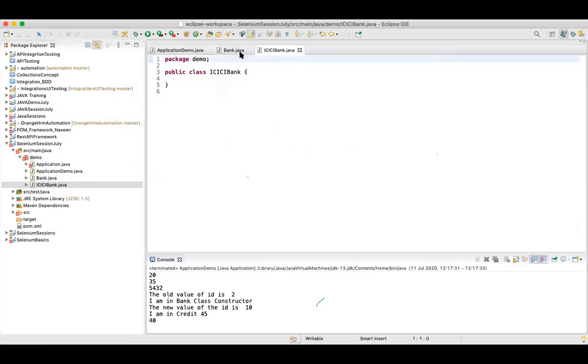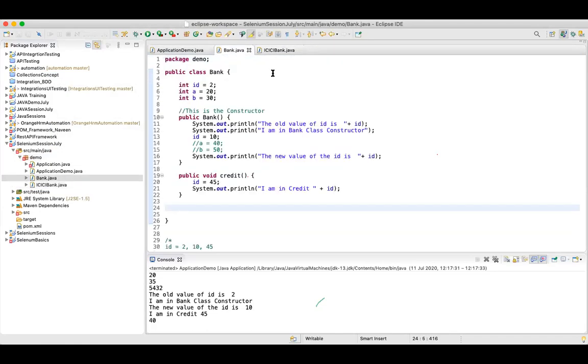By the name itself, you can understand that bank should be your parent, because bank can contain a lot of things. For example, bank can have ICICI Bank, and then we have SBI, then we can have HDFC. These are all children of bank.